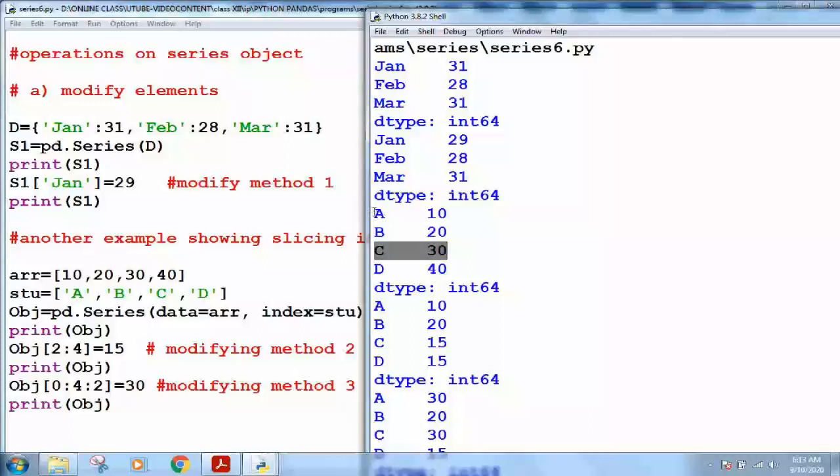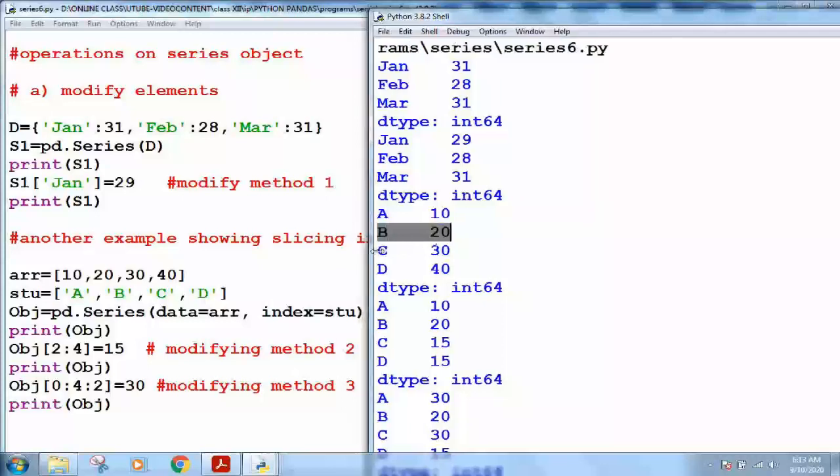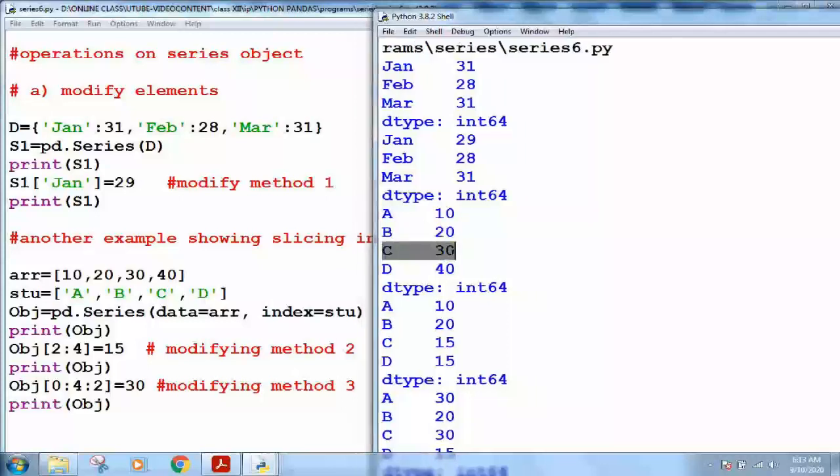Starting from 2 and going up to 4 means up to 3, so both will be changed. You can see that C has become 15 and D is also becoming 15.